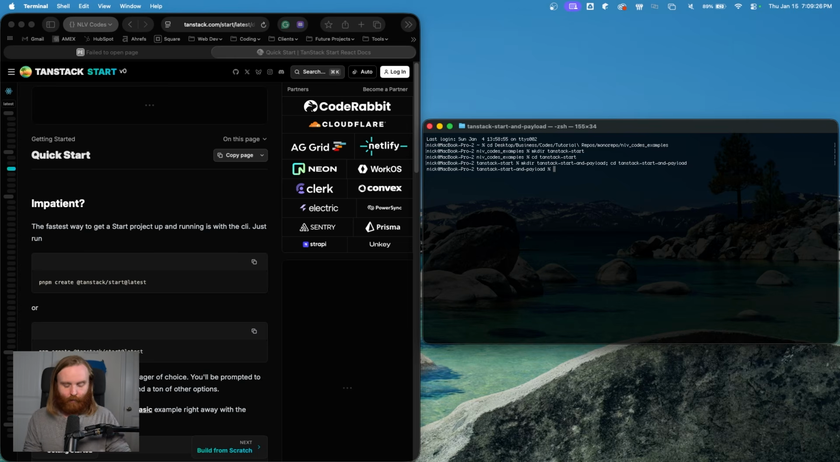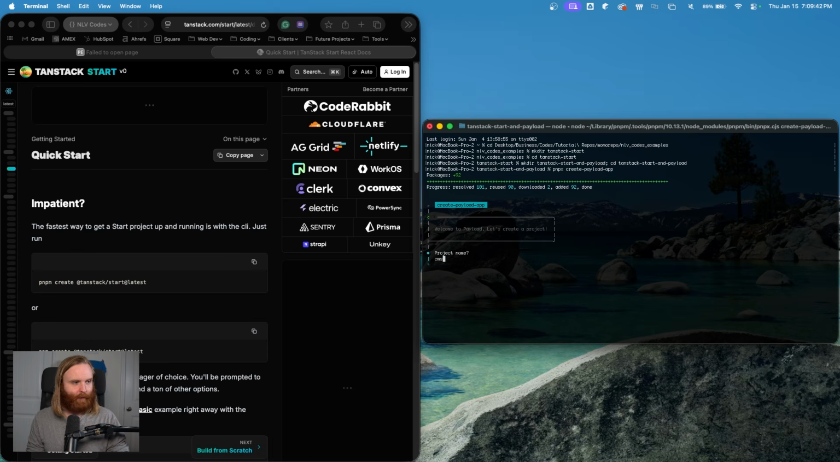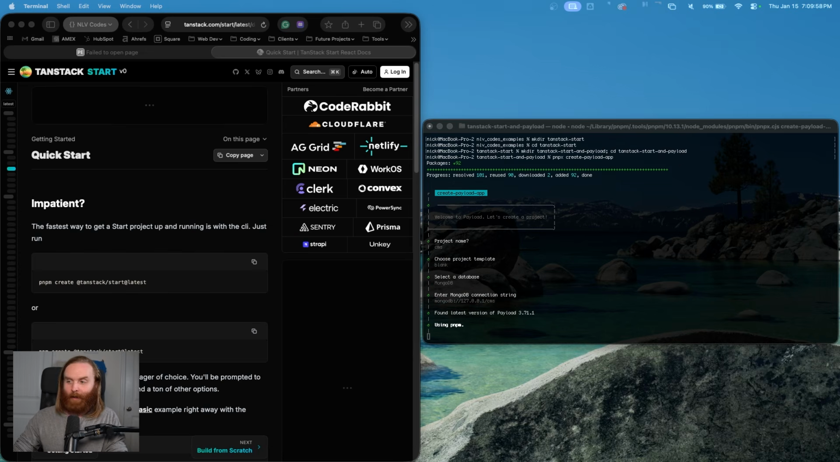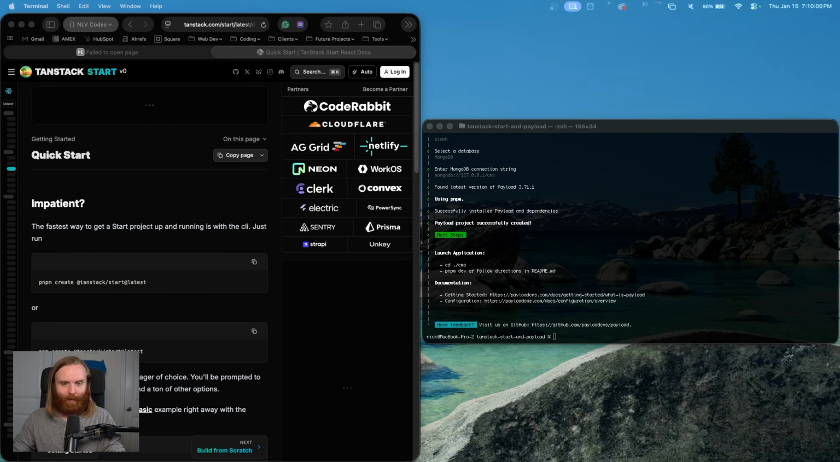All right, so I know the create script for create payload app, pnpx create-payload-app. So we'll let this go. This is going to be called CMS. We'll use the blank template because we're only using the backend. We'll use Mongo. I might already have a database named CMS, so we'll take a look at that in just a second. But then for the other side of things, let's go ahead and, at the top here, we're going